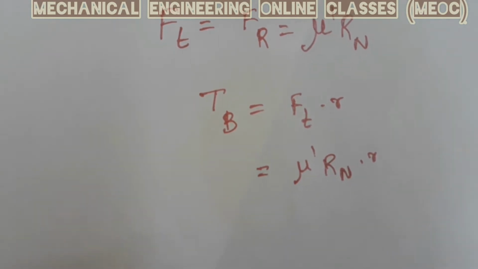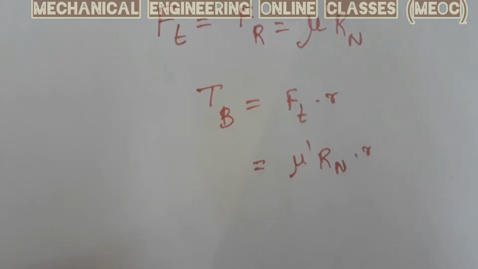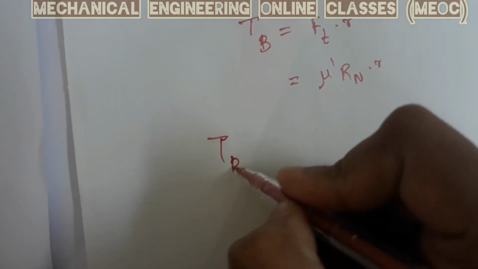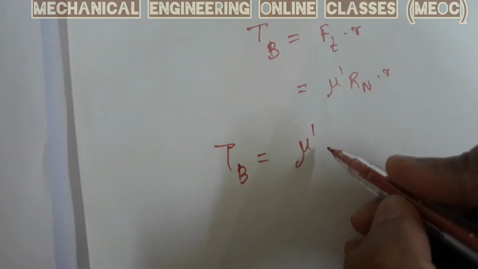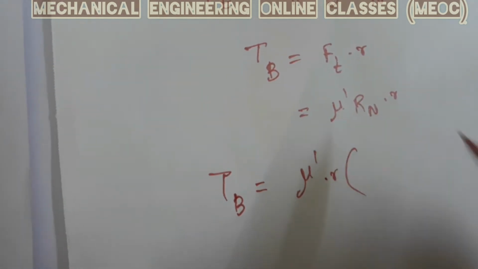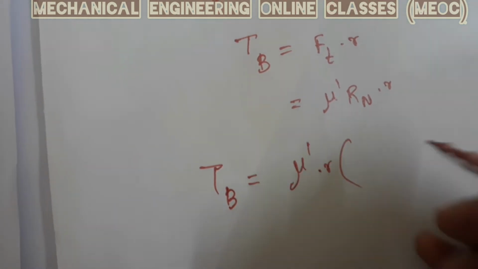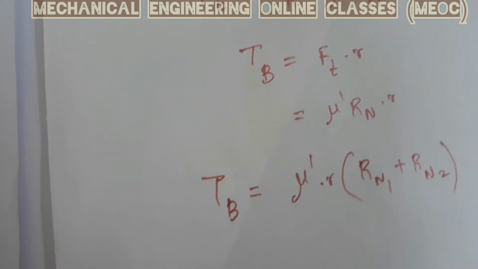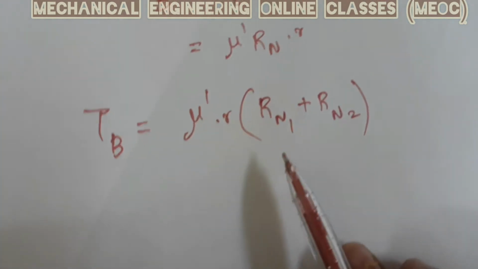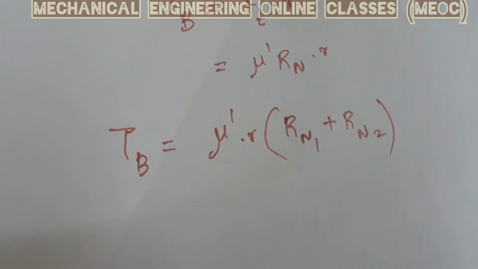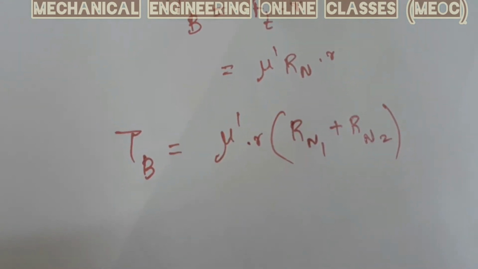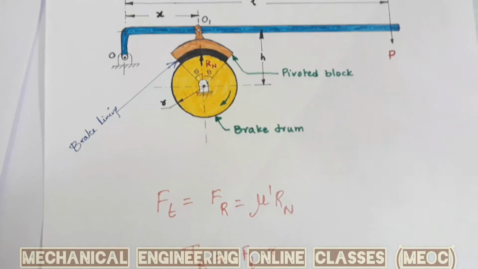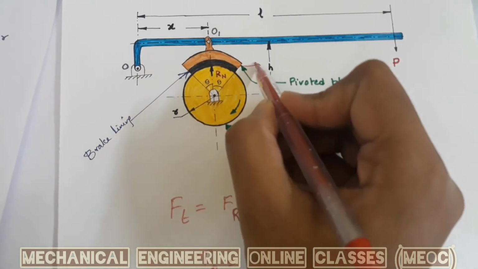And in case of a double pivoted block or double pivoted shoe brake, the torque can be given as mu dash into R, because there will be two shoes, so there will be two normal reactions. One is Rn1, the other is Rn2. So this will be the braking torque for a double pivoted block brake or double pivoted shoe brake. For a single one, the braking torque is this, where Ft will be here,